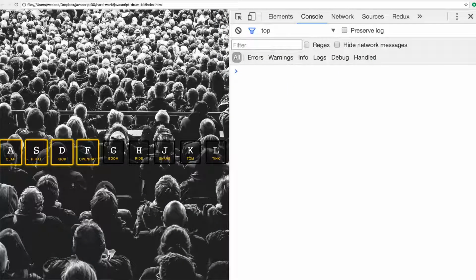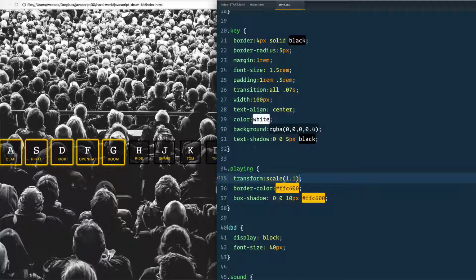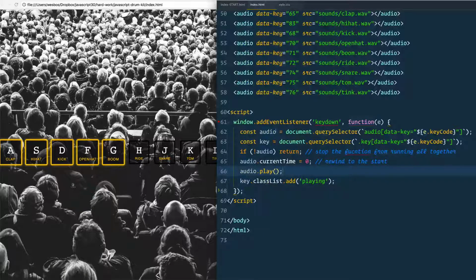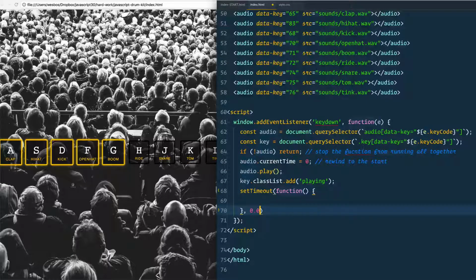Now that works, but why isn't it going away? And that's because we are adding the class, but we have not yet removed the class. And you might think, oh, that's no problem. We'll do like a setTimeout here. We'll run a function inside of here. And after 0.07 seconds, well, that's okay. But